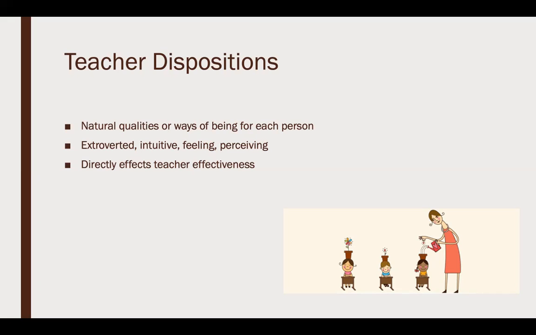According to the article by the Wadlingtons, disposition directly affects the effectiveness as a teacher. Teachers that are most successful have the characteristics of extroversion, intuitive, feeling, and perceiving. Teachers with these characteristics tend to have energy, creativity, and imagination, which allows students to feel more comfortable talking to these teachers about personal issues.